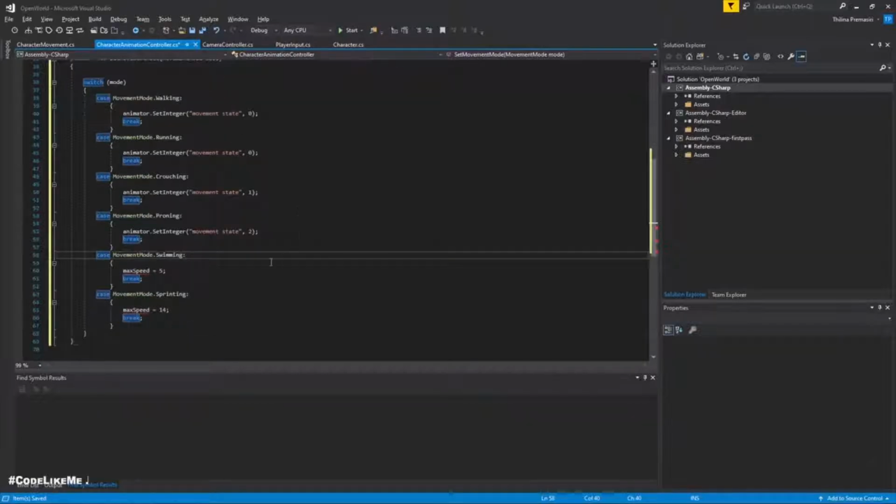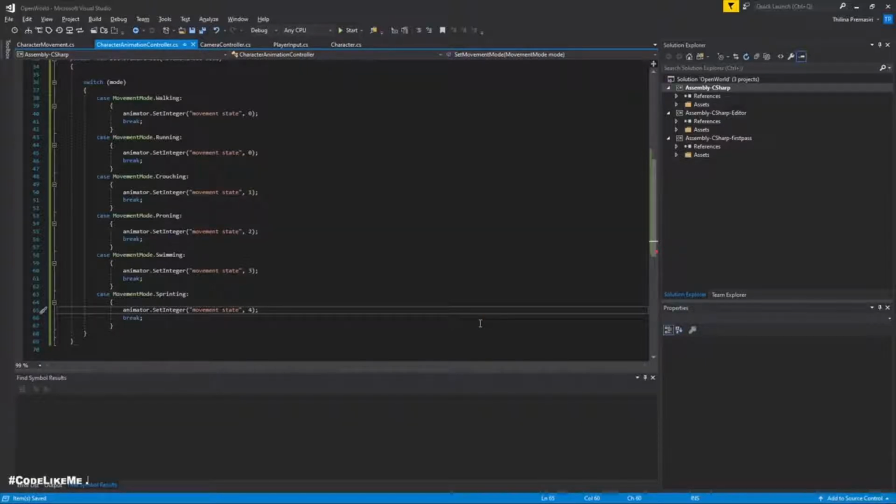For swimming I'll make it 3. For sprinting I'll make it 4. Alright, now